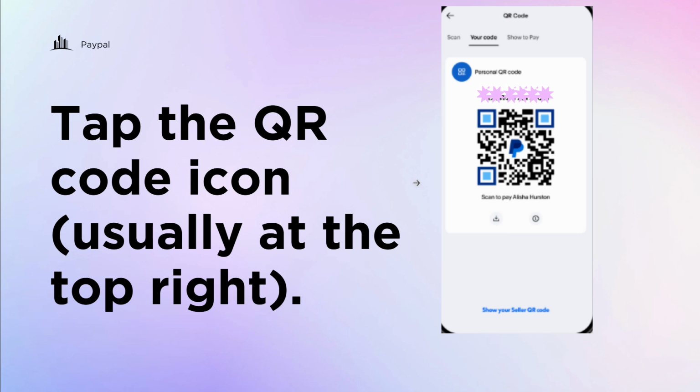That's all there is to it. Open the PayPal app, tap the QR icon, choose your code or seller QR code, view it, and either show it on your screen or save it to your camera roll. It's a simple, reliable way to accept money quickly and